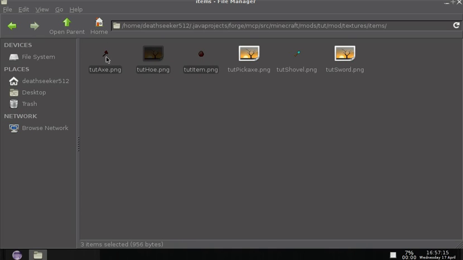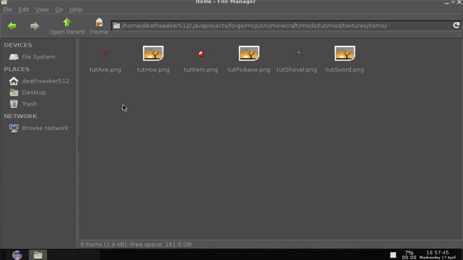Now if you see this pickaxe over here and see how it's all red, all of these are red. I just did that like that. You can highlight the part that's got the cyan color, and then you can do color to alpha, or colors, and then color to alpha if you're using GIMP, and then the color you're looking for in order to make it to where it has the same likeness